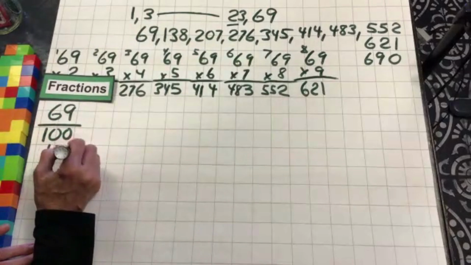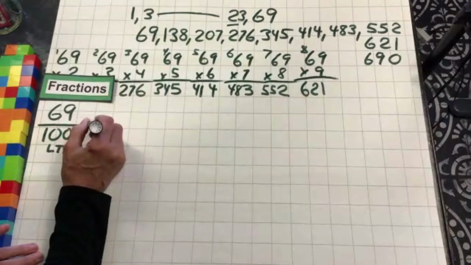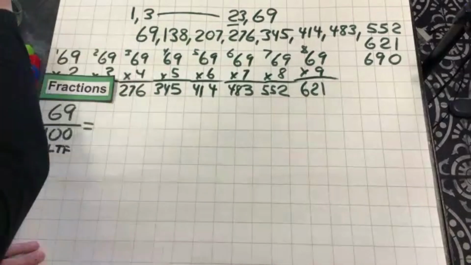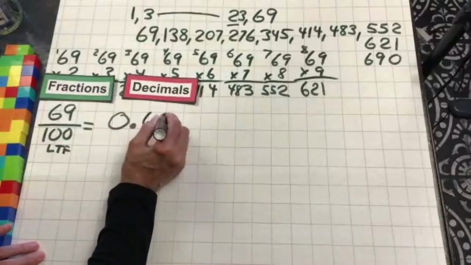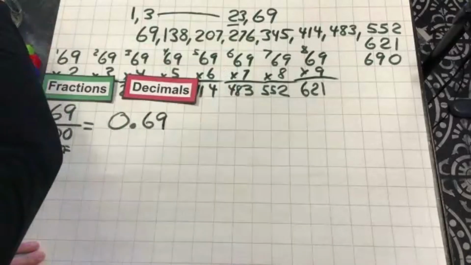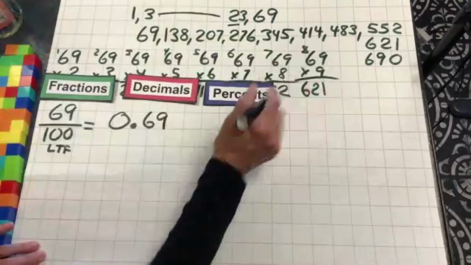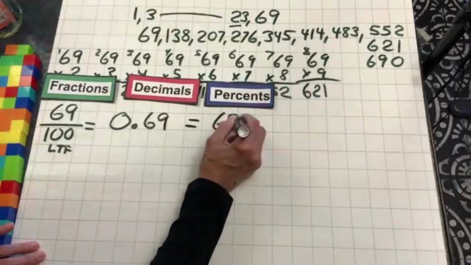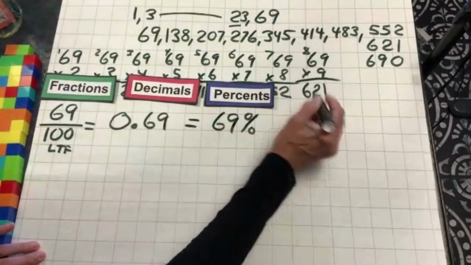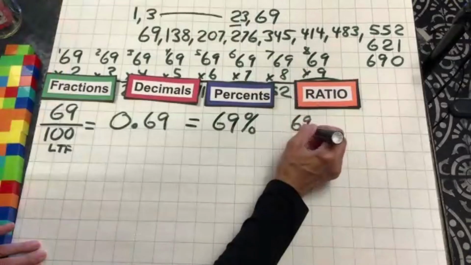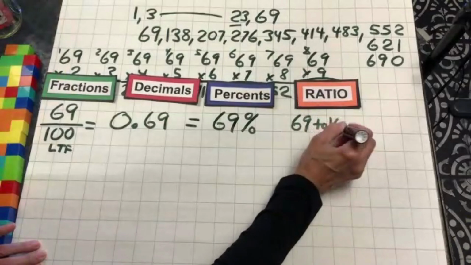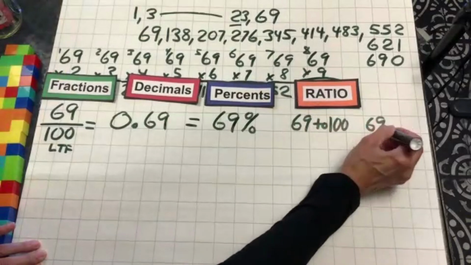And then we are going into our decimal, which is 0 and 69 hundredths. Then we're going to go into our percents, which would be 69%. And then our ratios would be 69 to 100 or